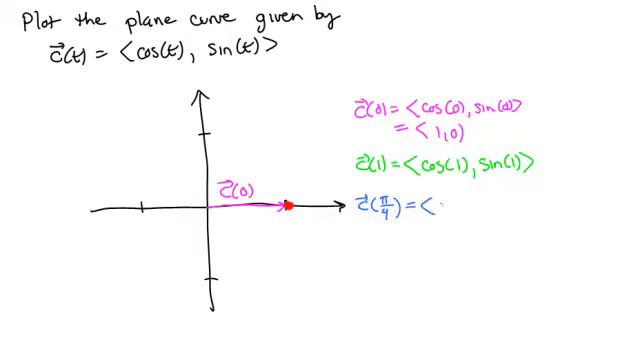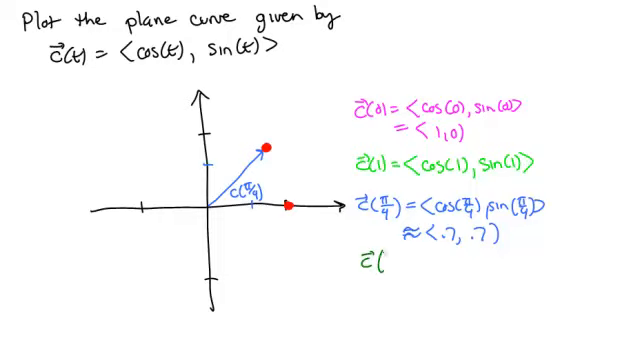That would get me cosine of pi over 4, sine of pi over 4. Cosine of pi over 4 is 1 over root 2, which is about 0.7 on both of these pieces. So there would be the vector c of pi over 4 and the corresponding dot in the plane that it's pointing to. So we went from 0 to pi over 4. Well, let's just double that increment of t again. Let's go and see what happens